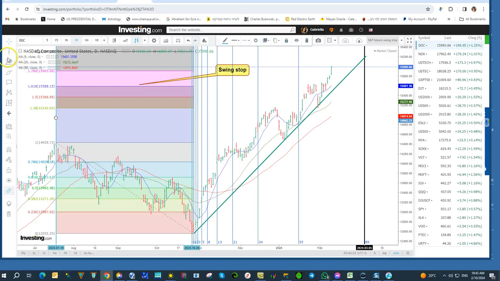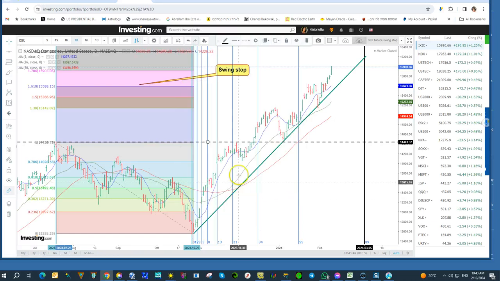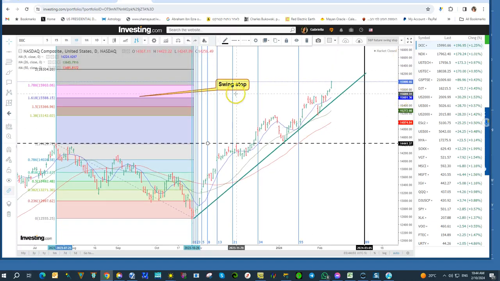What we have here is called the cup and handle pattern. I put here, this is the cup and this is the handle. I put the Fibonacci sequences on this pattern, and I put in the swing stop. If you are a long-term trader, then the swing stop for the Nasdaq, for the IXIC, is at